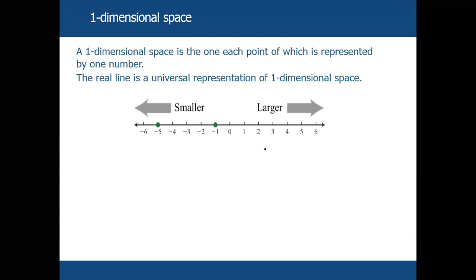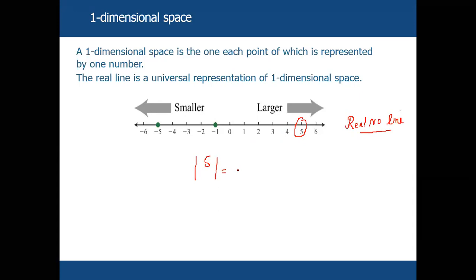You know that we have the absolute value system. This is a real number line. A real number line is an example of one dimensional space, because to specify the location of a point we need only a single number. Like on a real number line, to specify the location of 5, we can write 5 in absolute value.